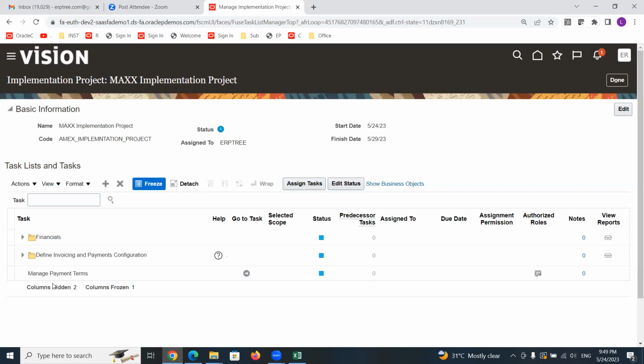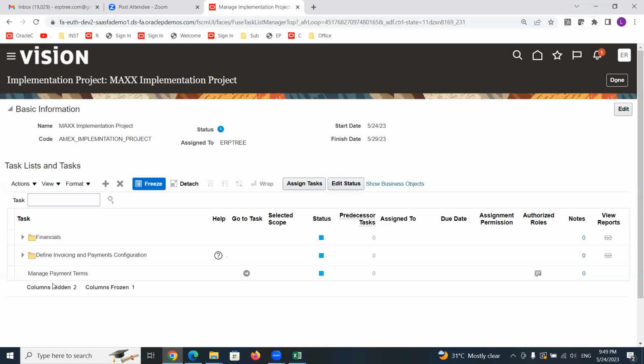So what the project is doing is helping us navigate to those pages to create something. That's how this is helping us navigate and create. After doing all this, say you did all the payable setups and then deleted the project, you don't need to worry about it. Your setups will be in the database. If you want to see those setups, create one more project, go to the same task and check the setups you created from the other project. From the system point of view, where you are creating them from doesn't matter.